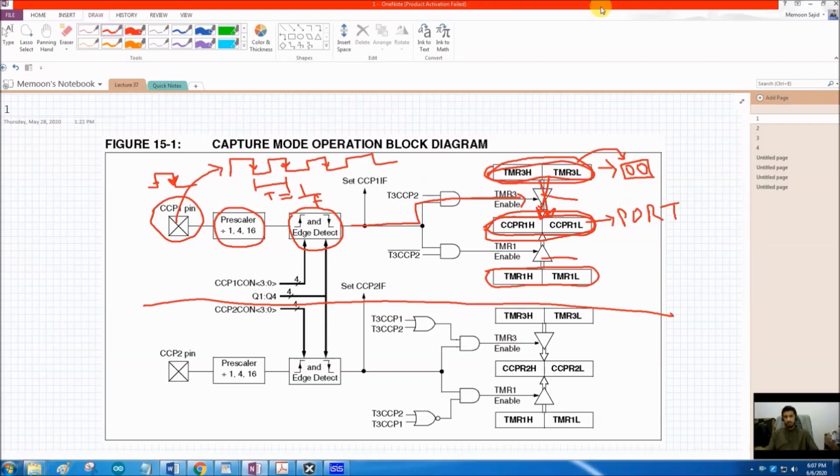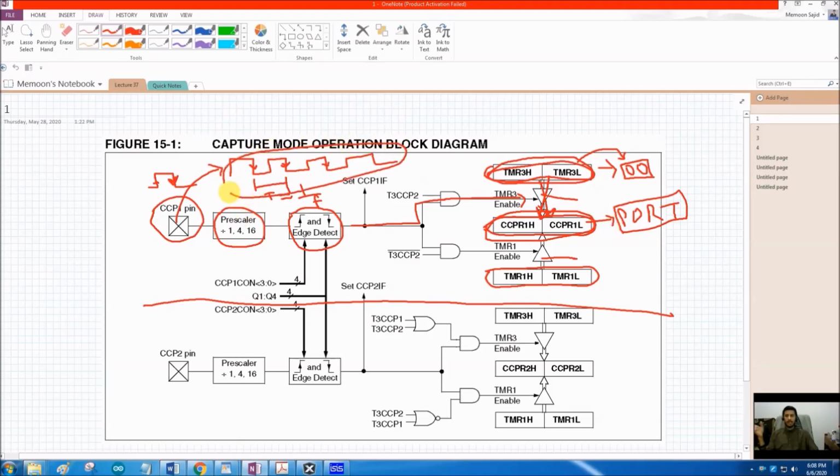and if we know the time, we can calculate the frequency. So in this capture mode, what we will do today is we will configure our CCP1 in capture mode, and we will connect an unknown waveform, or you can say a known waveform, to this pin, and we will try to see what value is there on the port, and whether it is showing the correct value of the frequency or not. So we are going to test it using a code today. That is one major application of capture mode.